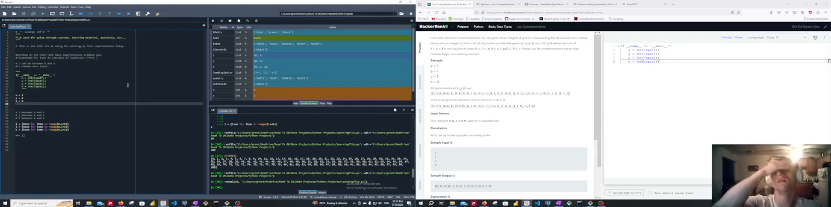I've been thinking about it since I stepped away, and I think there are really two approaches I could take. I can build my I, J, and K values separately and then insert I, J, and K all at the same time. Or I can build my list